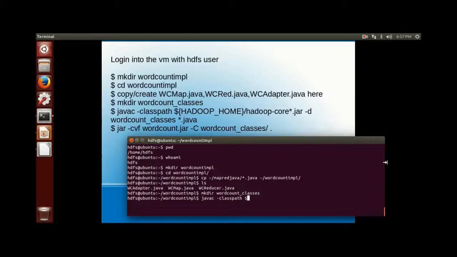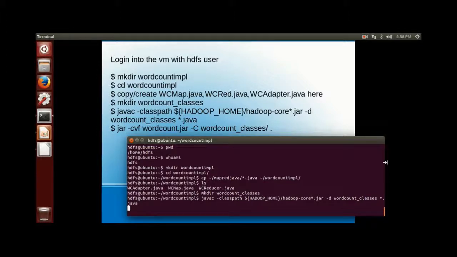We have to use the library jar from Hadoop, which is hadoop-core in the Hadoop installation directory, Hadoop home, hadoop-core-*, where the version will be 1.2.1, and -d is specifying the destination of classes, and what all the classes need to compile.